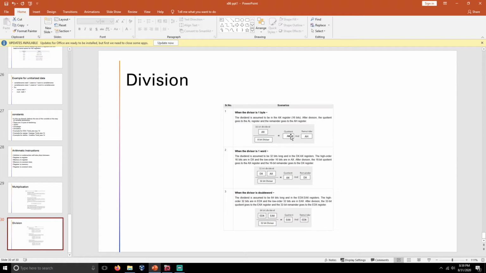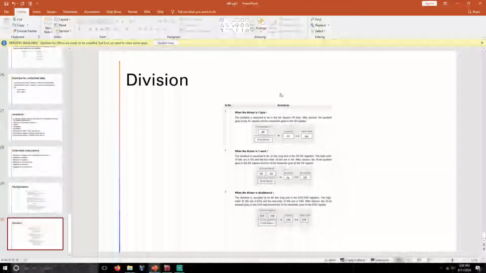Here, when you increase the sizes, the register sizes also increase. See, for a byte the registers are AL and AH. If it is a word, it becomes AX and DX. If it is a double word, it gets EAX and EDX, because the size is more than the previous one. If you compare the word with one byte, the word occupies more space, hence it uses these registers.